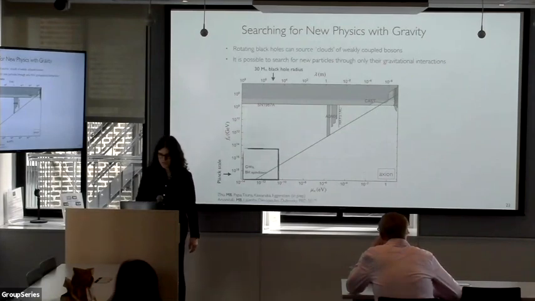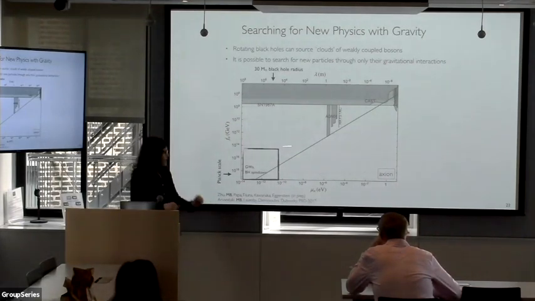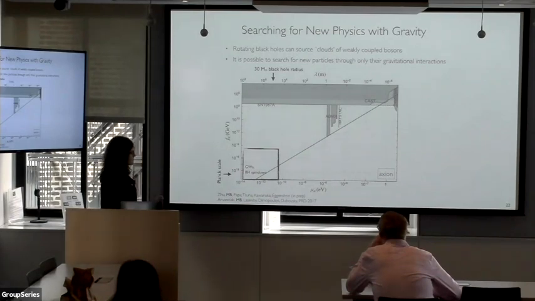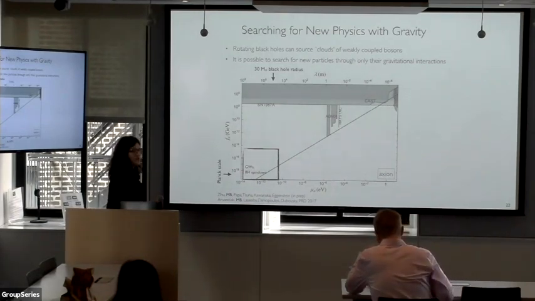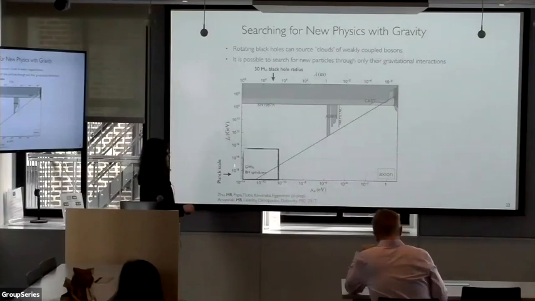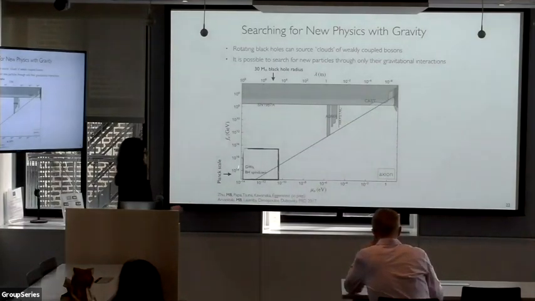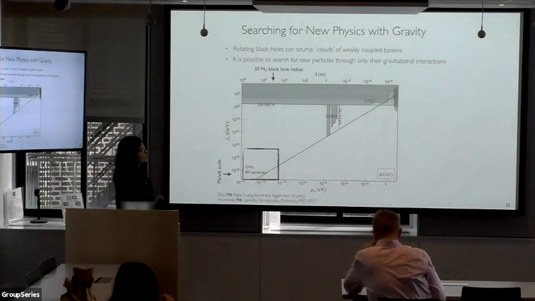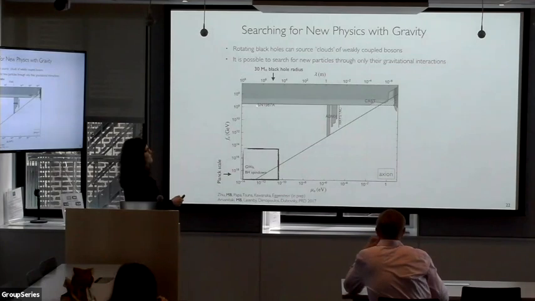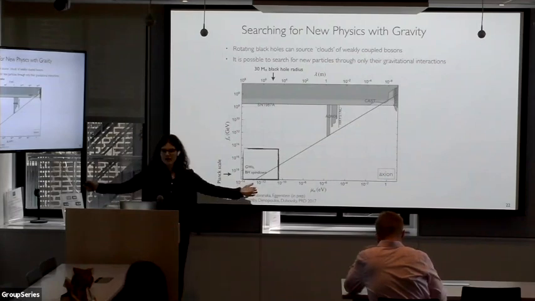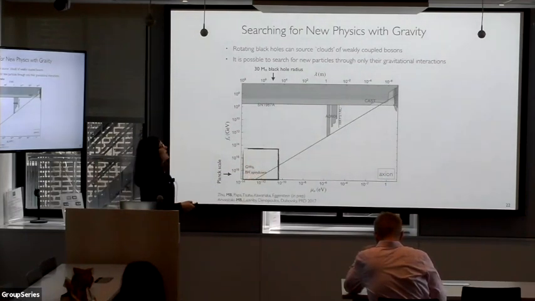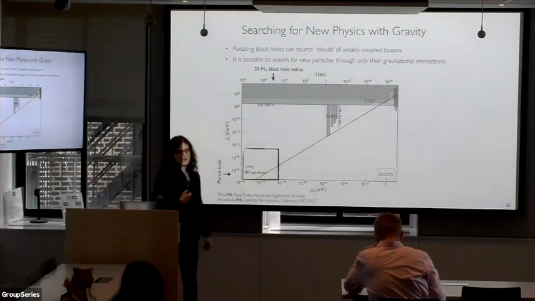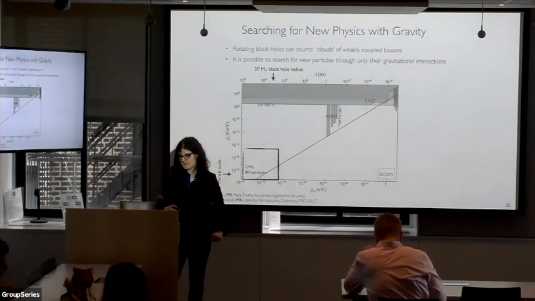And today I'll be talking about how to look for very light, very weakly interacting particles that couple to us and to each other as weakly as gravity. So you can see the scale of Fa here is of order what's called the Planck scale. And I'll be doing that by using black holes. So for reference, on the top axis, I'm showing the wavelength of the particle. And here it's about 10 to the 5 kilometers because they're so light. The wavelength is very, very long. And it corresponds to a 30 solar mass black hole radius.